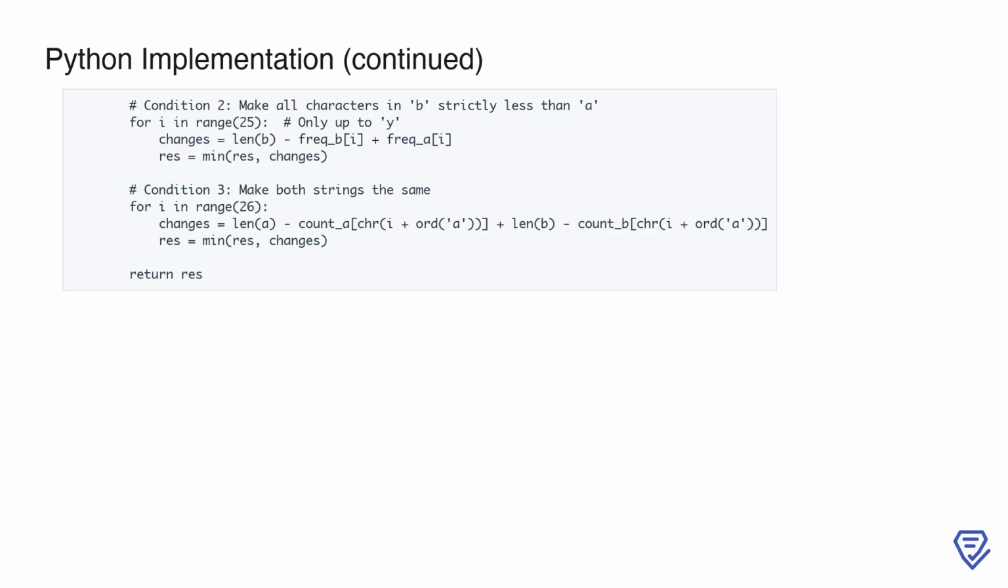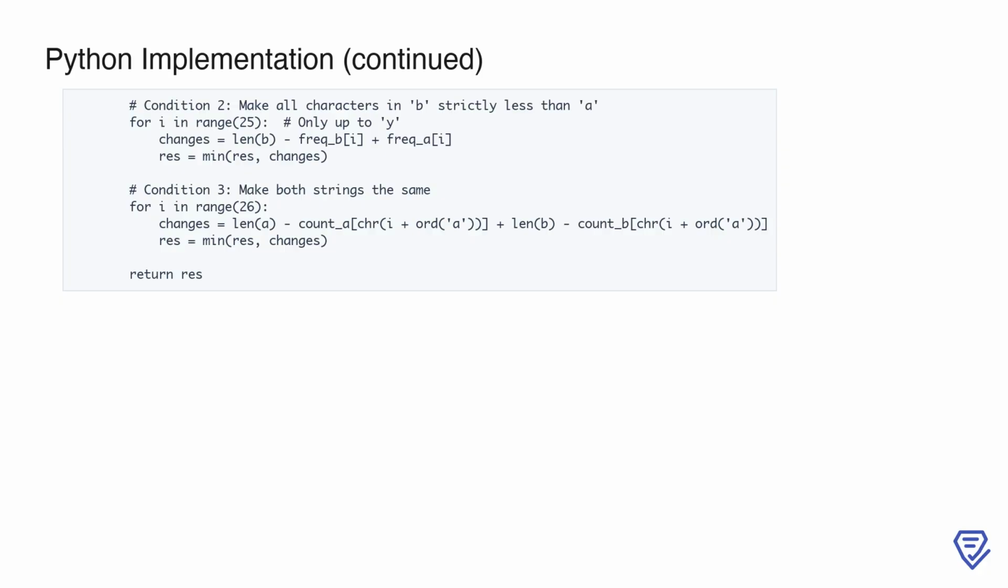Now, we move on to the second condition, making all characters in string B strictly less than all characters in A. This is similar to the first condition but with the roles of A and B swapped. We once again iterate over the first 25 letters, calculating the number of changes needed for this condition. Specifically, this is the number of characters in B that are not strictly less than the current letter, plus the characters in A that are strictly less than or equal to this letter. As with the first condition, we update res to be the minimum of its current value and the changes calculated